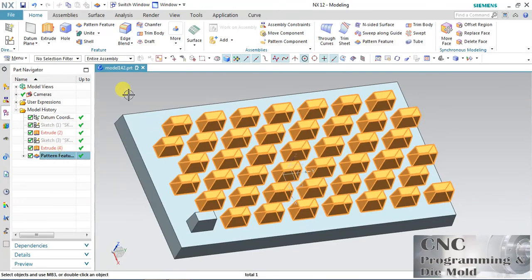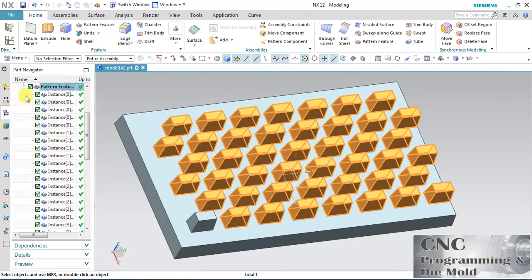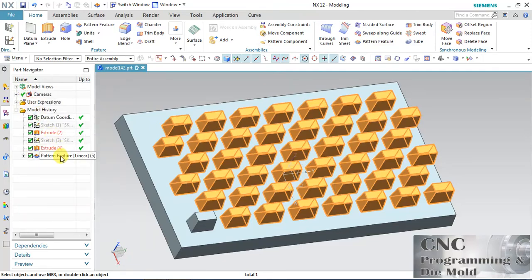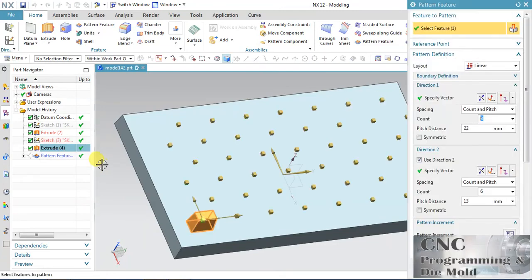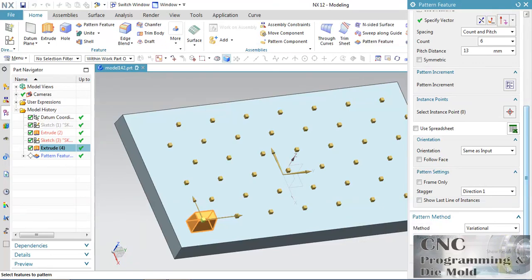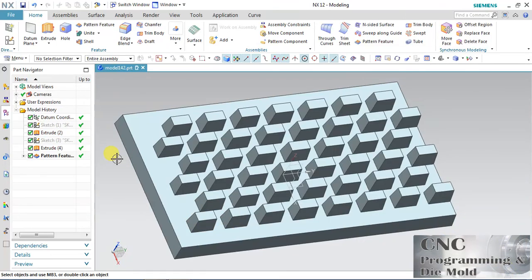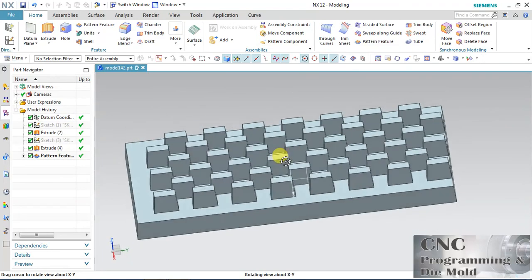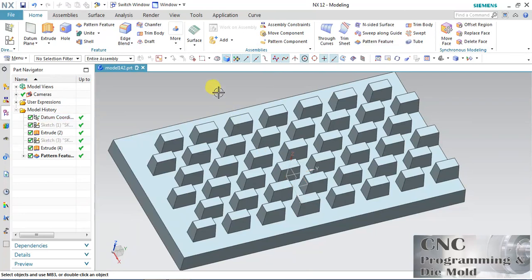This is my pattern definition, and all others are in this. Means if you want to change this pattern definition, you can change it with the help of this command. If you have chosen this single, then the pattern will not change, only the single extruded object will change. So this is the linear pattern, so hope you understand.